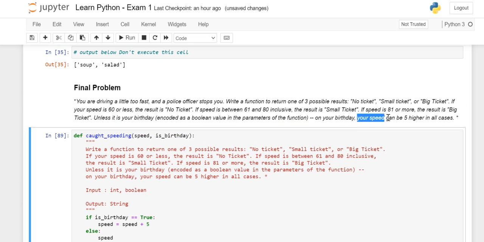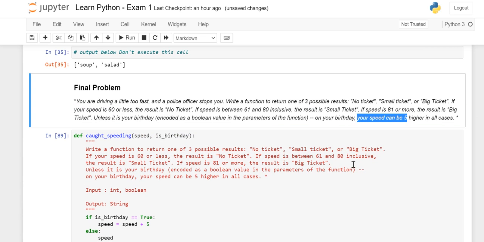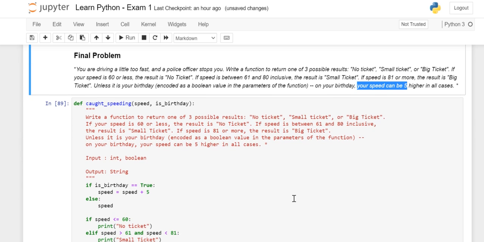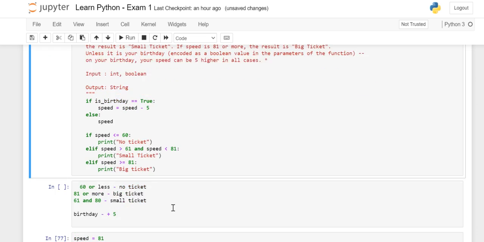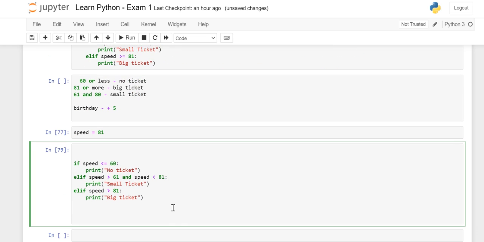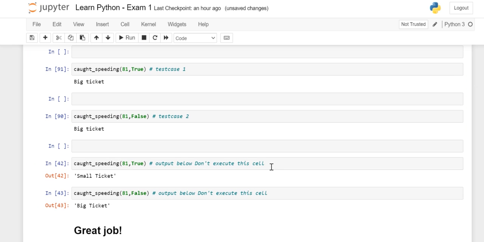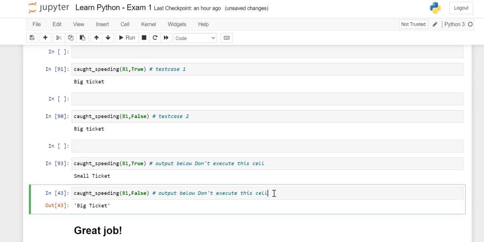If it is your birthday, your speed can be 5 higher. So what should I do? I can subtract by 5, correct? So that I would not get any big ticket. Alright, so now if it's my birthday today, I'm getting a small ticket, and if it's not my birthday, I'm getting the big ticket.